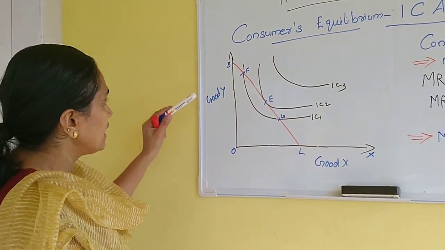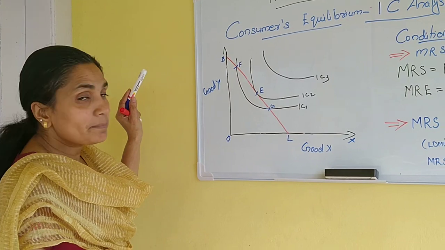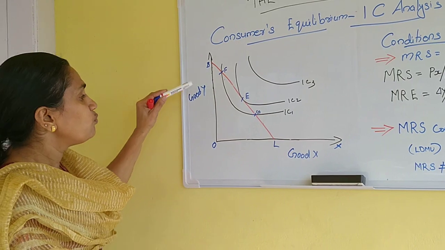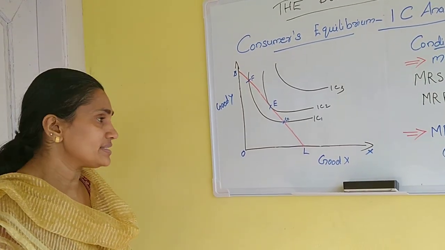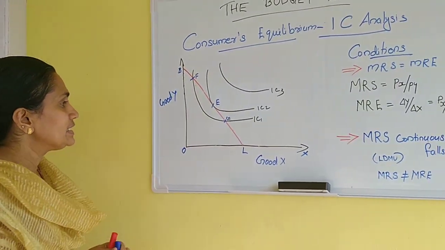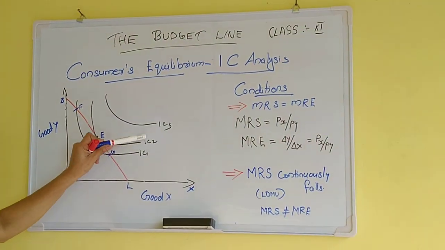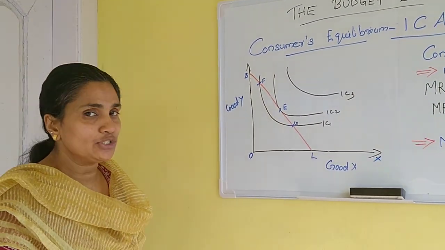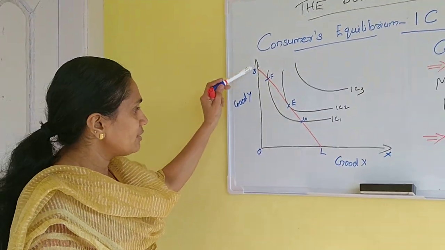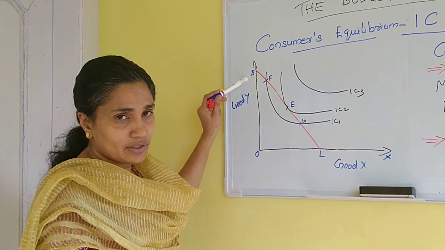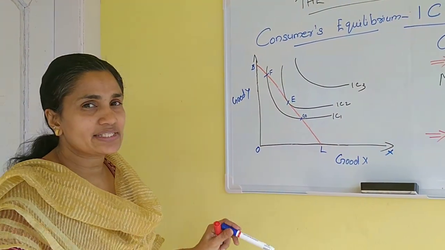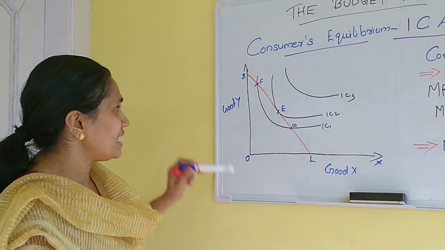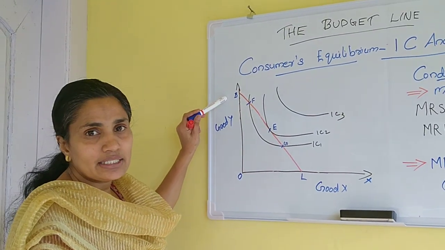And we can see that when we consume more of good X, we substitute good Y. That is what is called MRS. Here BL is the budget line and IC curves are the indifference curve. Locus of various combinations of the two goods the consumer is able to consume from the market. And budget line shows the combinations of the two goods X and Y within the consumption. The cost and the income of the consumer is the same. That explains the budget line.